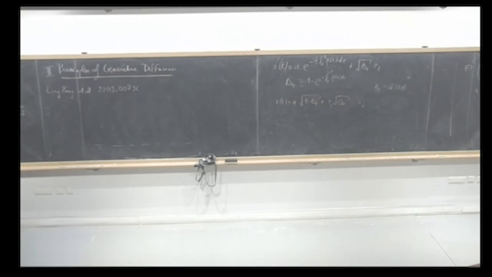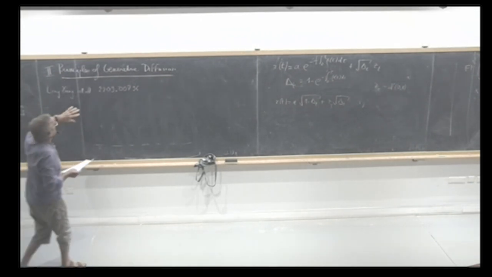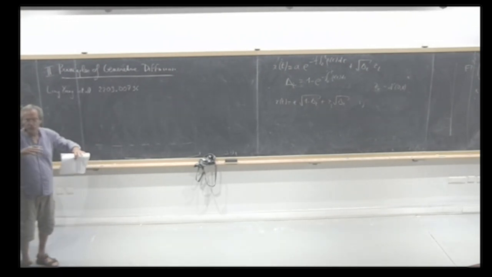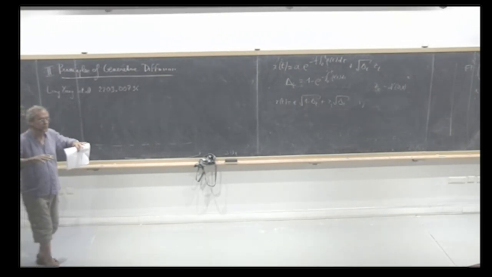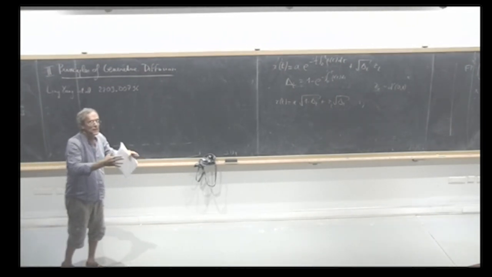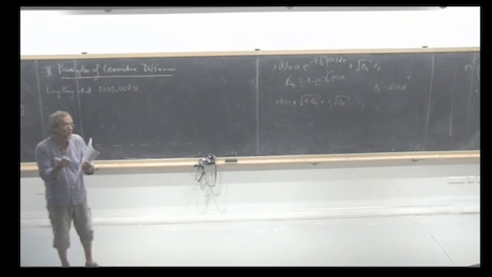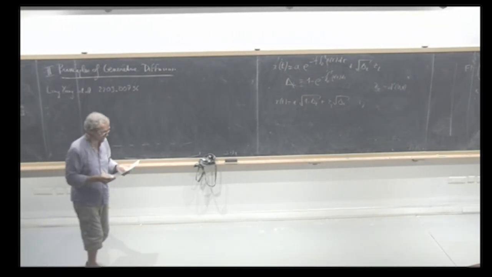I should say that even before going to the related approaches, which will not be generative diffusion, just at the level of generative diffusion, there are a lot of variants. You can look at it in continuous time, in discrete time. There are various time schedules. You will find a lot of variants in the literature. I take one path. What I want to do is to give you the ideas, how it works, etc. Once you have one path, it's relatively easy because you can connect to all the others.